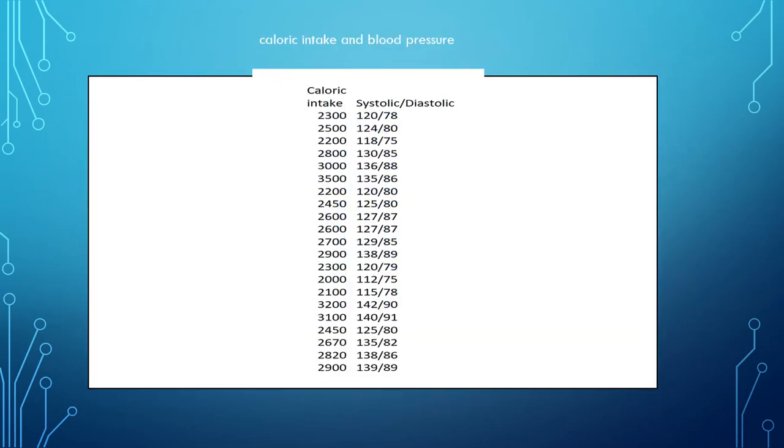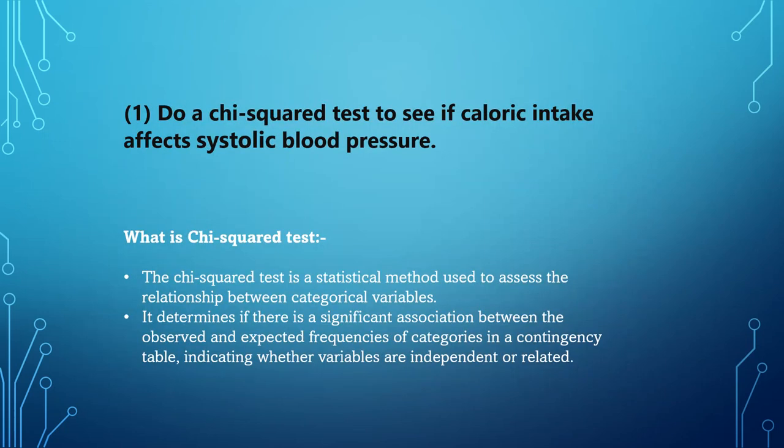Before we start solving the question, let us first look at the data. The name of the CSV file is caloric intake and blood pressure. It has two columns, caloric intake, systolic/diastolic. So the first part of the question is do a chi-square test to see if caloric intake affects systolic blood